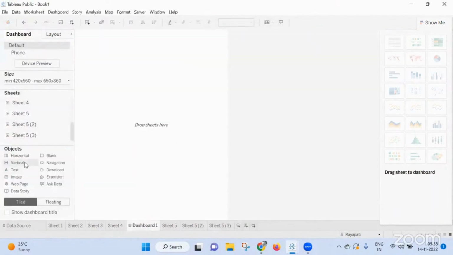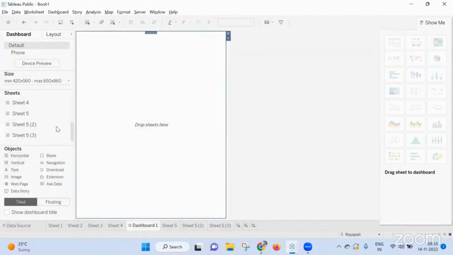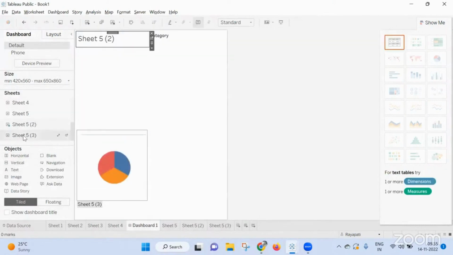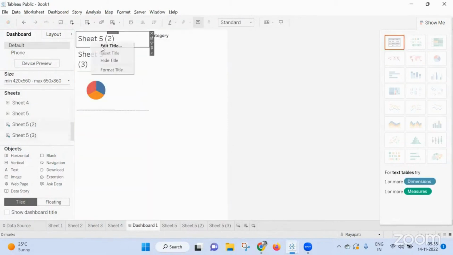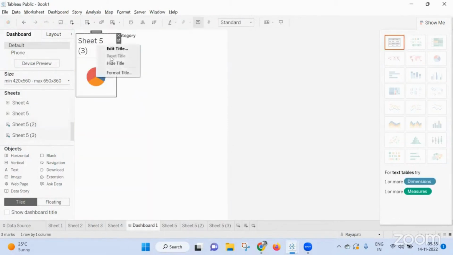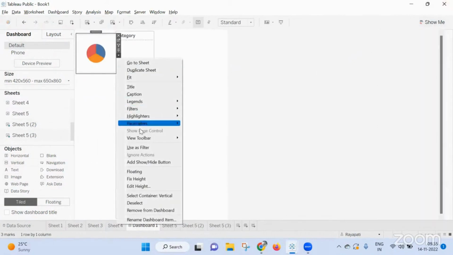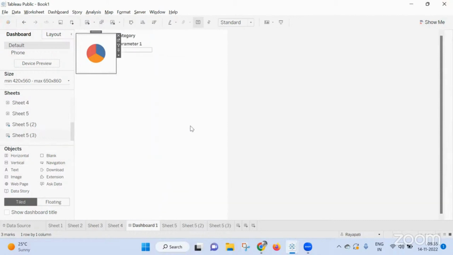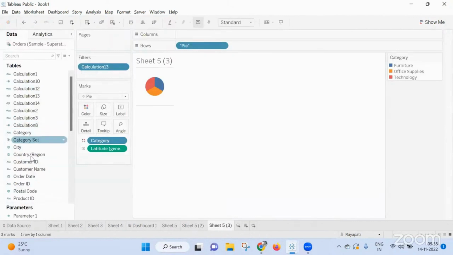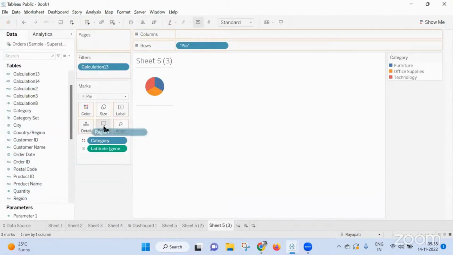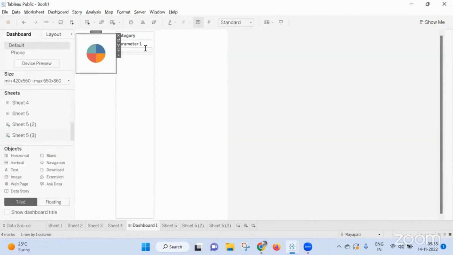Now I can do the same with these two more. I'm bringing my vertical container in here. Drag your sheet 2 and sheet 3. Hide title. Now show the parameter. This is my parameter. Here if it is 2, you are not seeing this because, let me go to sheet 3, region, and if you see